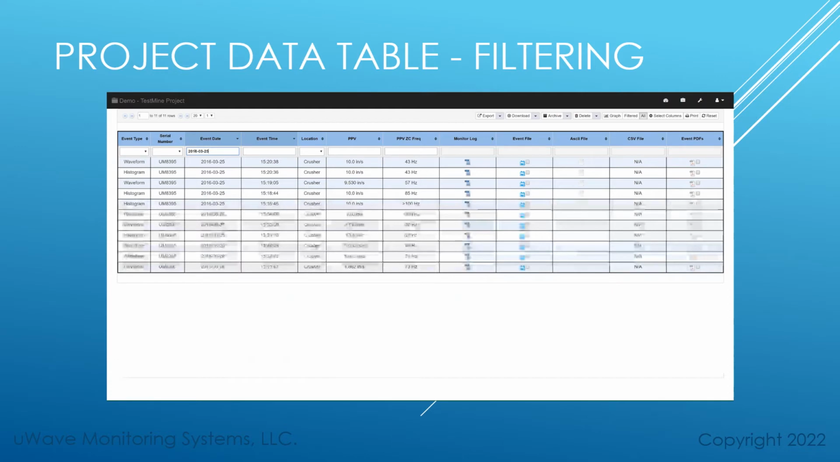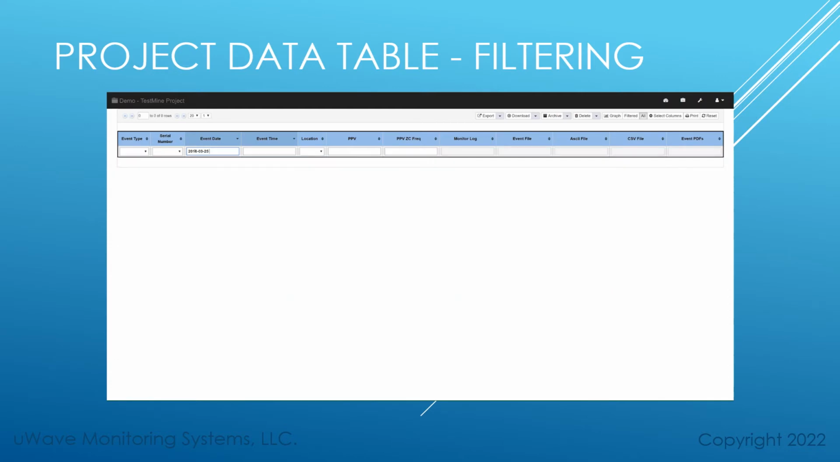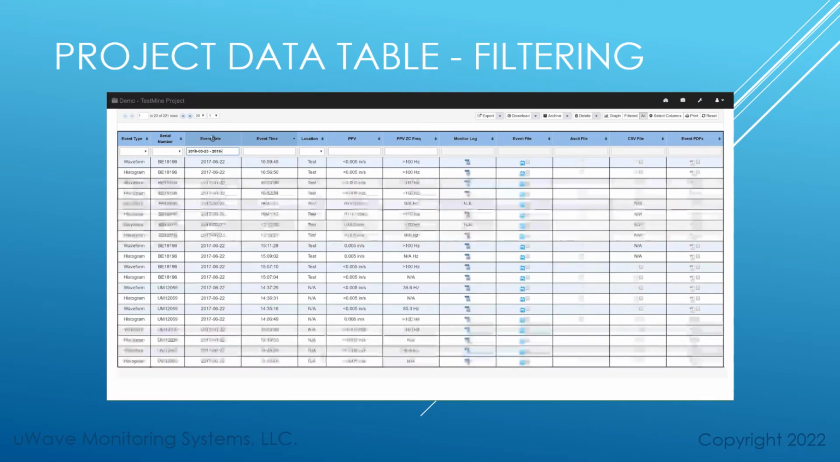To do a range, you do space and then either the word to, T-O, or just a hyphen, and then you can enter the second date, and that will give you all the events between these 2 dates. Do a similar